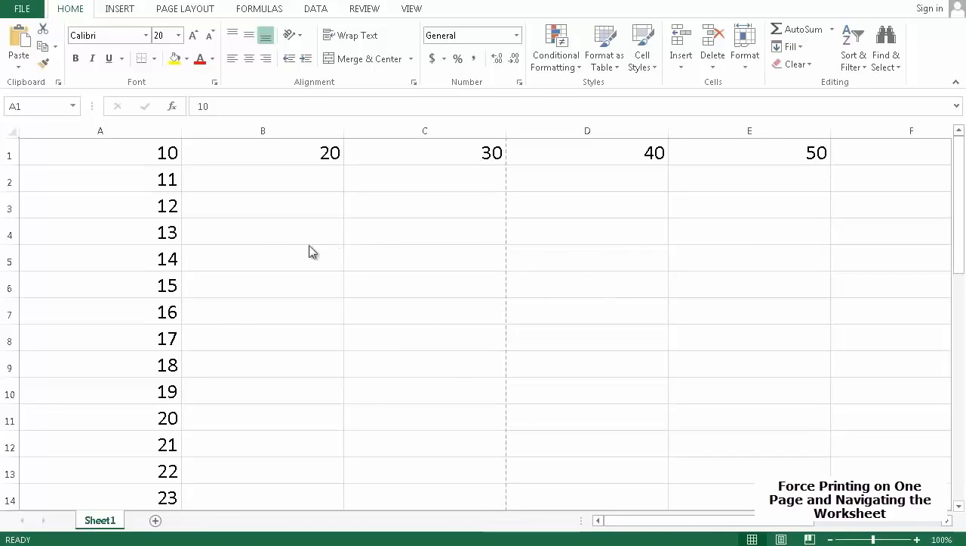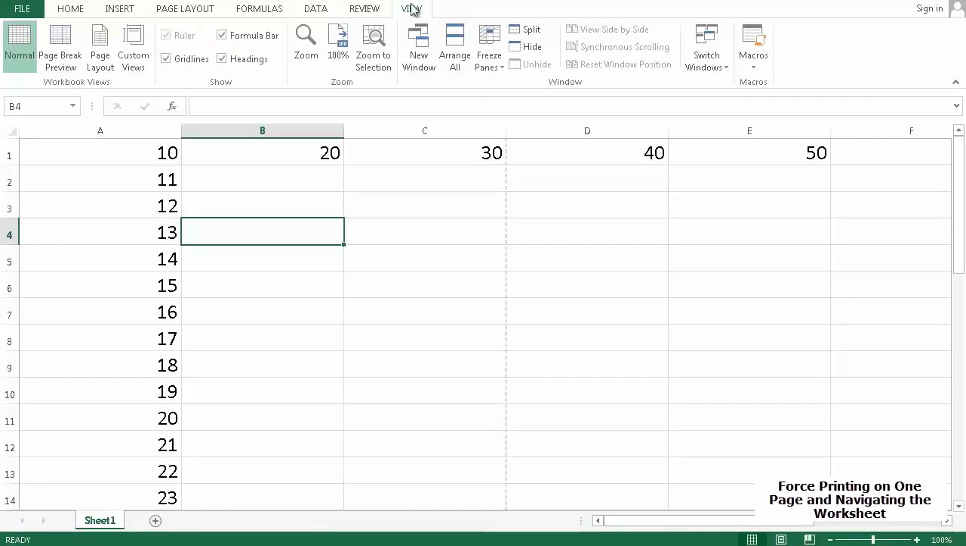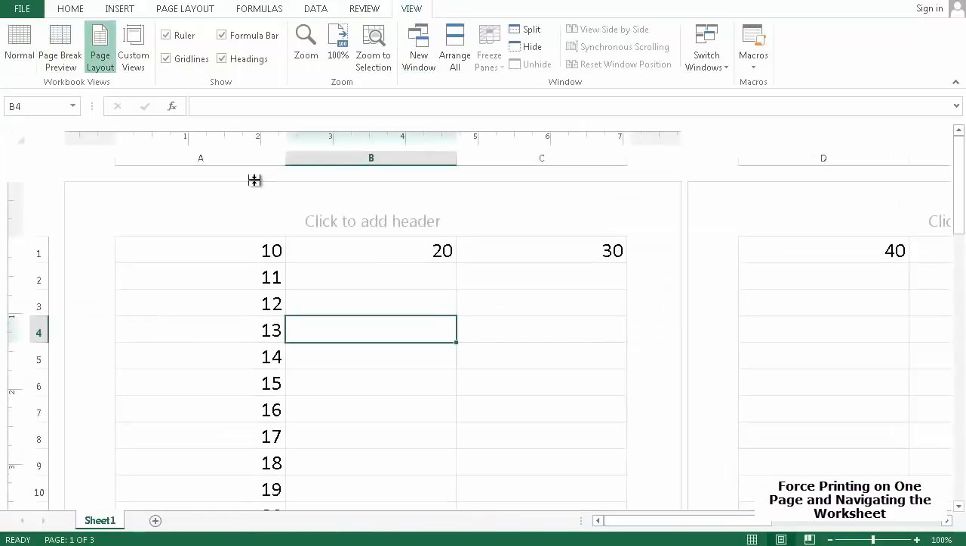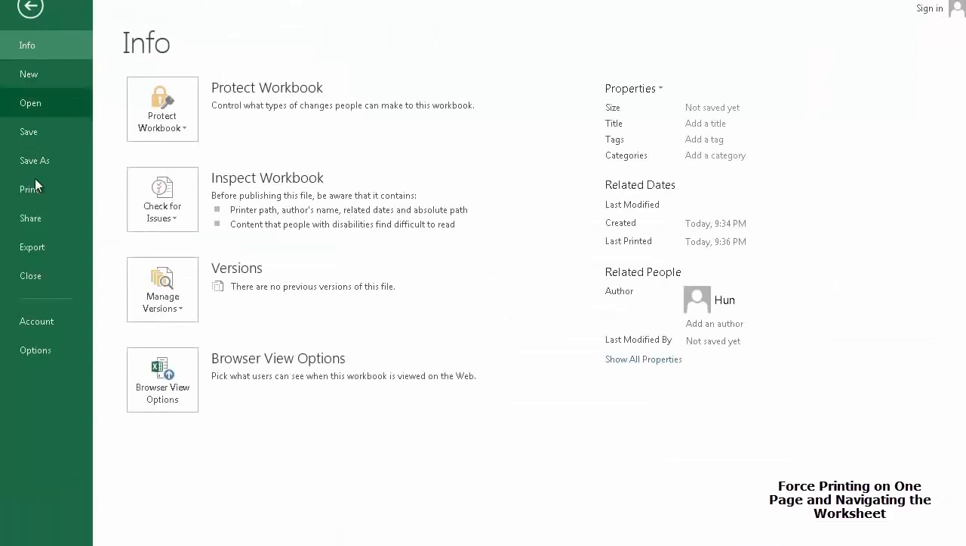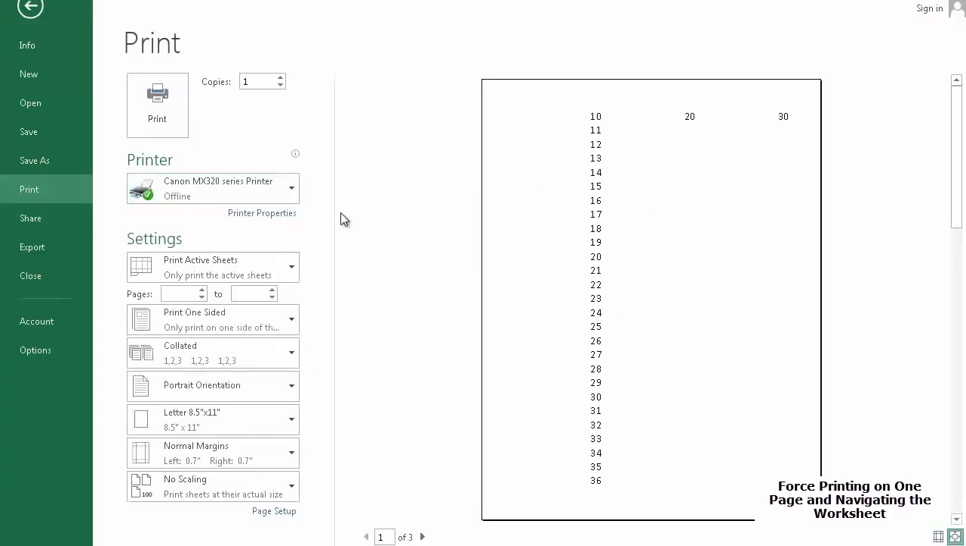on another page. If you don't see this, you might see it if you go to the View tab and click on Page Layout. You can clearly see that it's printing on another page. If you click back on Normal view, you should see the dotted line. You can even go to File, Print, or Control P, and you can see that it's cutting it off at